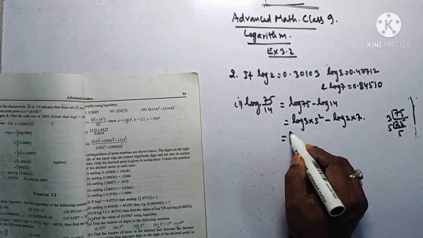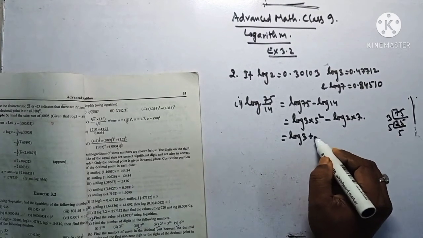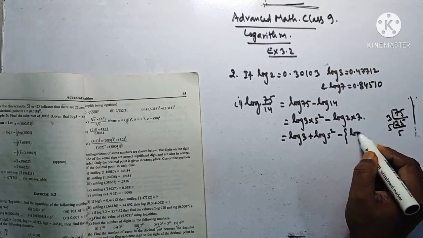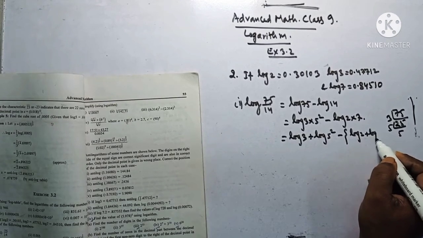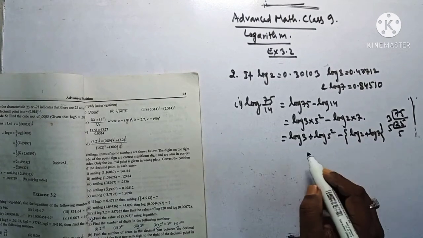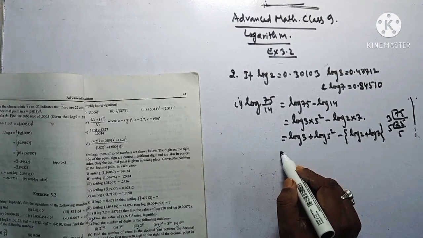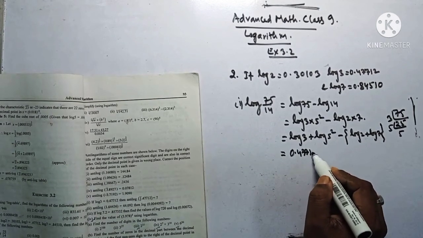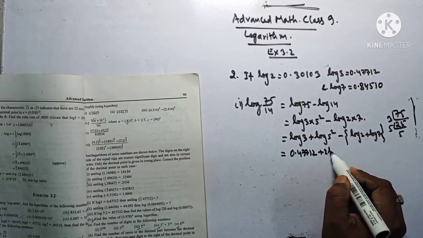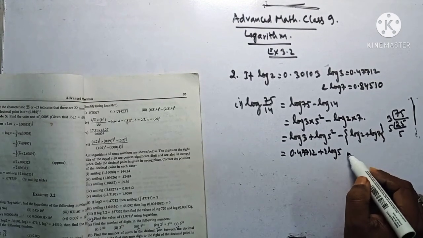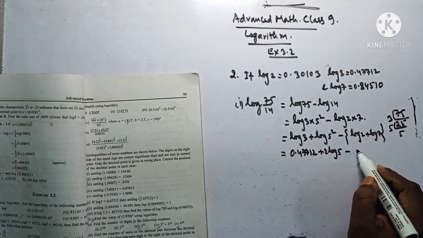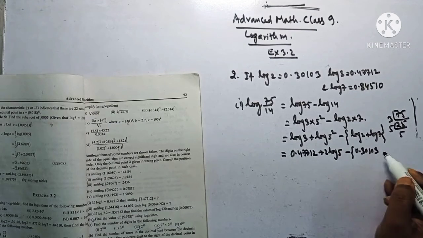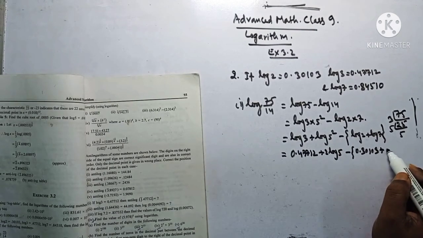So this will be log 3 plus log 5 square, and this will be log 2 plus log 7. So here you see log 3 value is given to you, 0.47712, plus 2 log 5, and minus log 2, its value is given to you, 0.30103, and